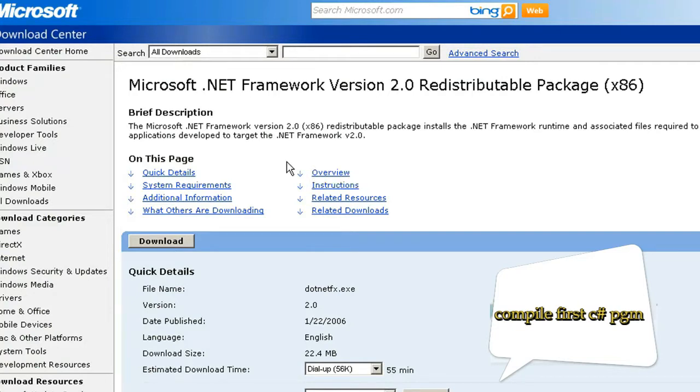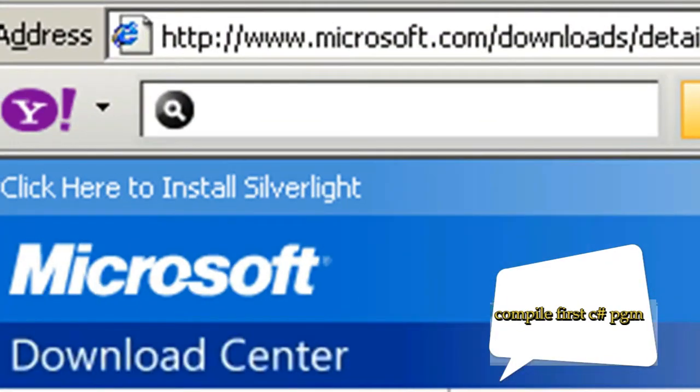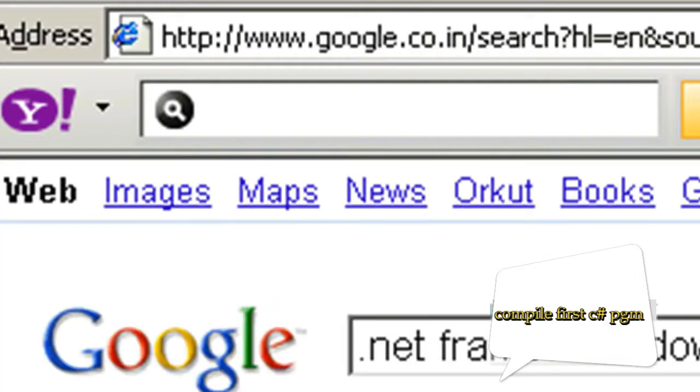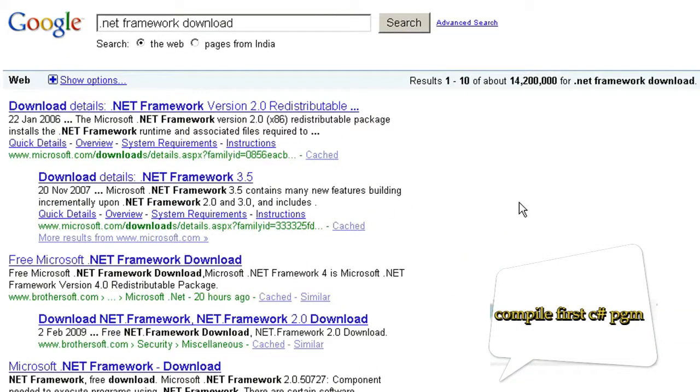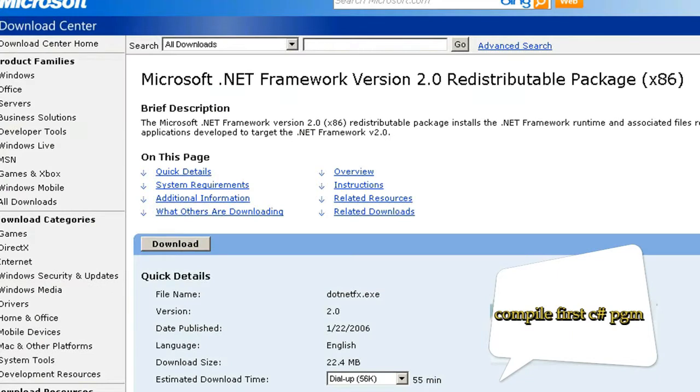Please ensure that you are downloading the framework from Microsoft.com, because Microsoft is the owner of the .NET framework. Make sure you are downloading it from a legitimate source, because there are a lot of other sources, but Microsoft.com is the legitimate one.